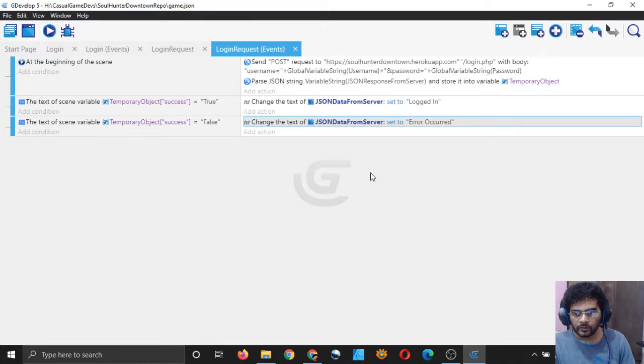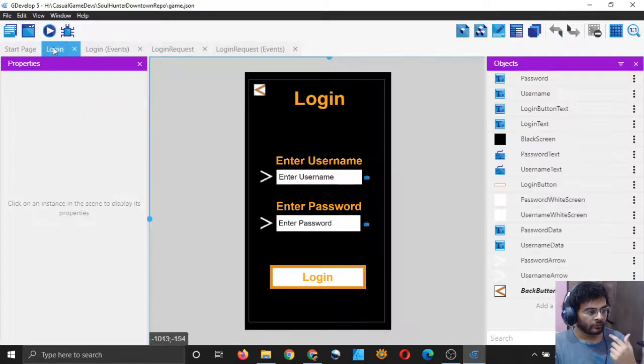So it showed me logged in, but I still wonder if that was the result of this statement after, if it came to me after this statement ran, or it just came to me by default. We can see that by entering the wrong login credentials and see what it shows us. Let me enter something wrong and see what happens.